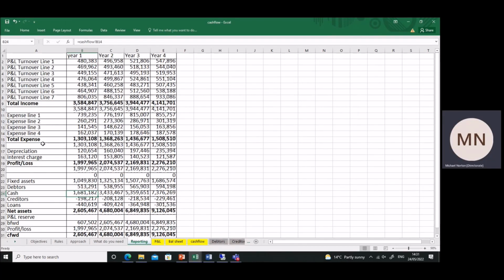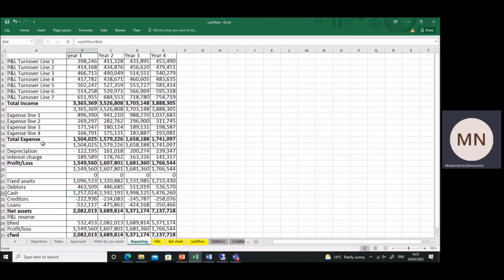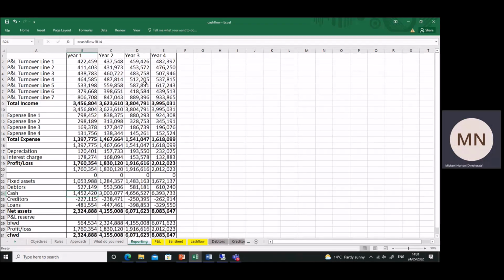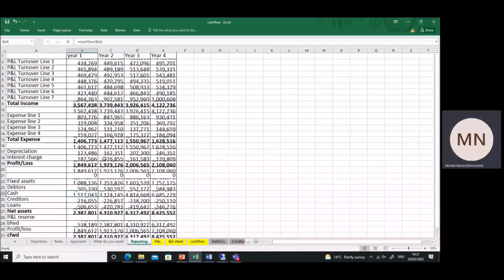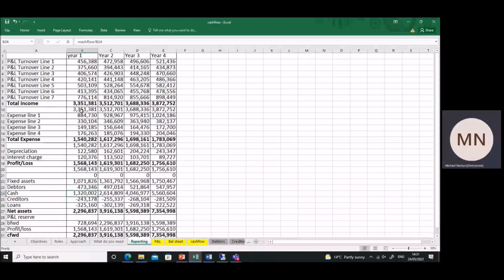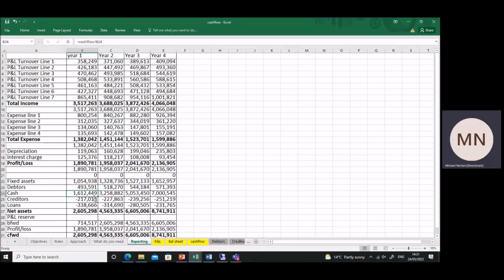Welcome to this video, which is on how to produce an integrated cash flow forecast. We have the outputs of our cash flow forecast, and the turnover is changing, and the expenses are changing, and the depreciation is changing, and the interest charges are as well. So all of our inputs and assumptions are changing, and it's updating the balance sheet,